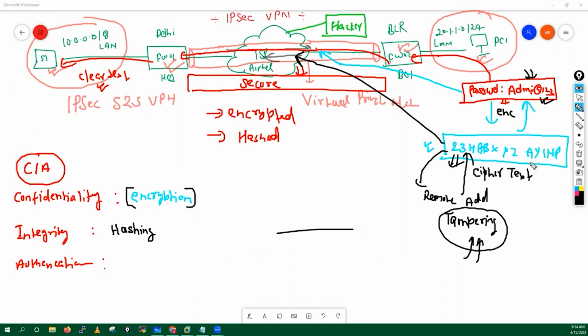So what we do is run some hashing algorithm on this cipher text, and we get some fixed hash value. Let's suppose we get the hash value here, which is 1xya hash star 9. Let's say this is the hash value which I get. So when I put this data over the internet, I will put this hash value here as well,